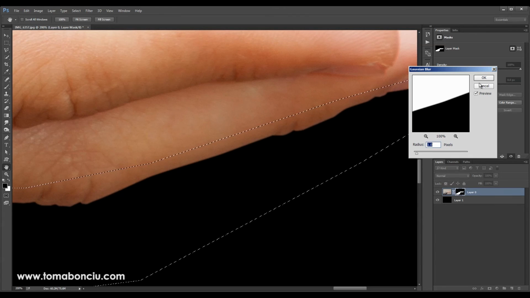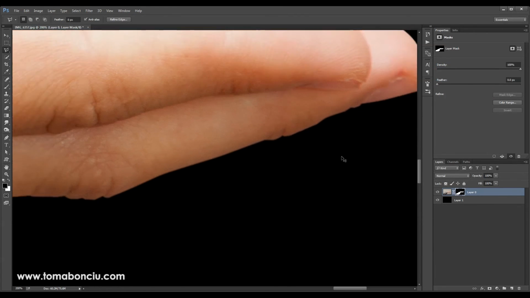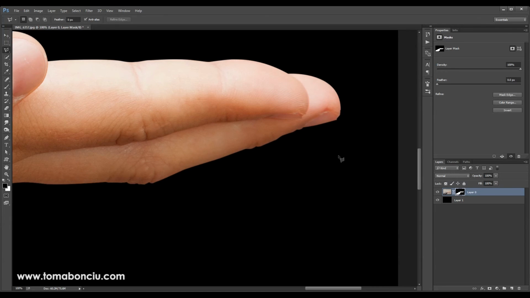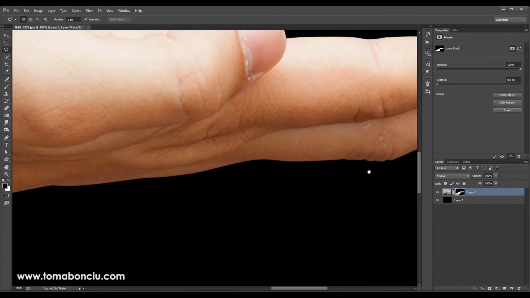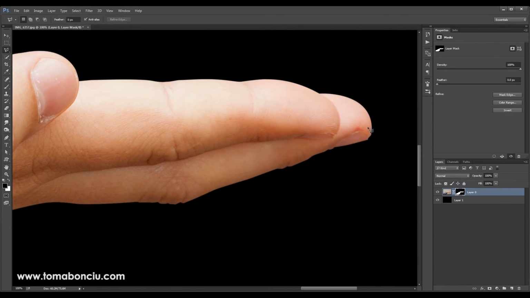I think 1 pixel is enough. Hit OK, and now Ctrl D to deselect everything, and now we've lost that white trace around the object,